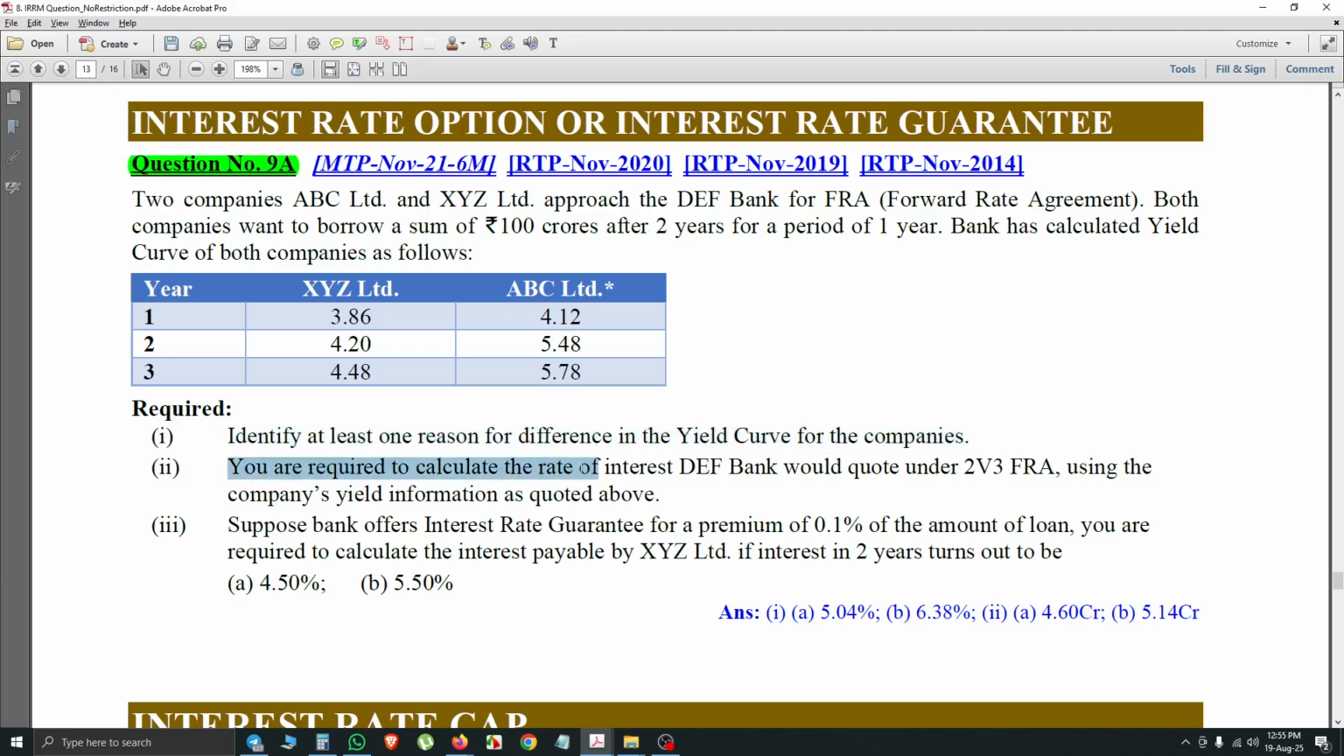You are required to calculate the rate of interest DEF Bank would quote under 2V3 FRA using the company's yield information as quoted above. Suppose the bank offers interest rate guarantee for a premium of 0.1% of the amount of loan. You are required to calculate interest payable by XYZ Limited if interest in 2 years turns out to be